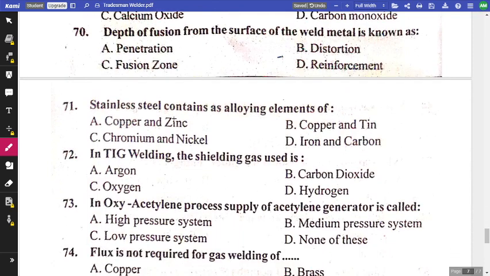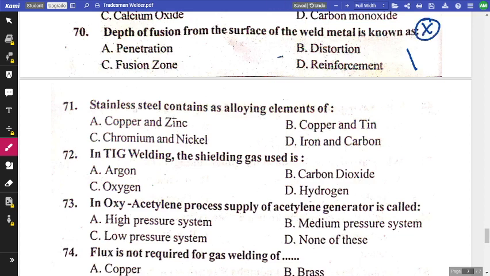Depth of fusion from the surface of the weld metal is known as. Options: penetration, distortion, fusion zone and reinforcement. Reinforcement we have already discussed. Distortion also we have already discussed. The correct option may be treated as fusion zone, but the question is cancelled by the